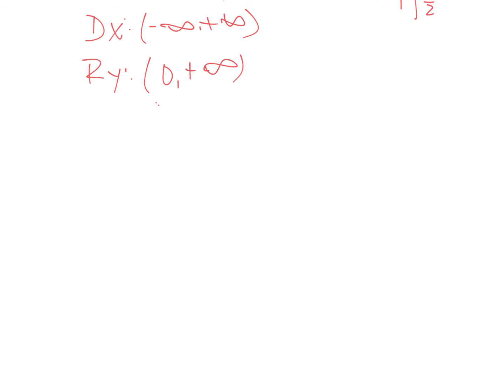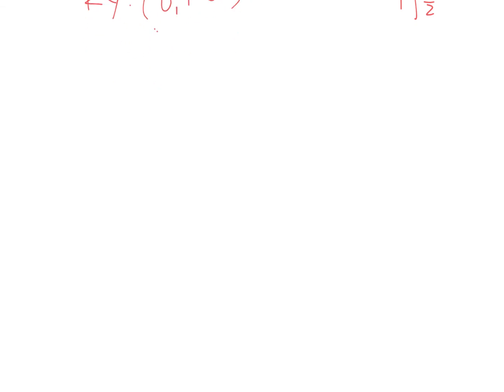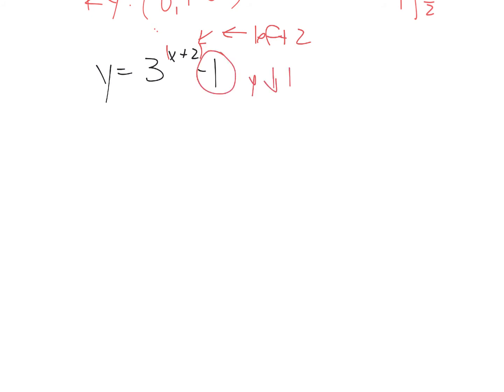Okay, so if I gave you one, let's move this out of the way. If I gave you one where your function is like moving, so if we said 3 to the power of x plus 2, minus 1, what you have to remember is this is in parentheses. So this is moving my x value to the left 2. And this is moving my y values down 1, right? Left 2 and down 1. So if I was to graph this,